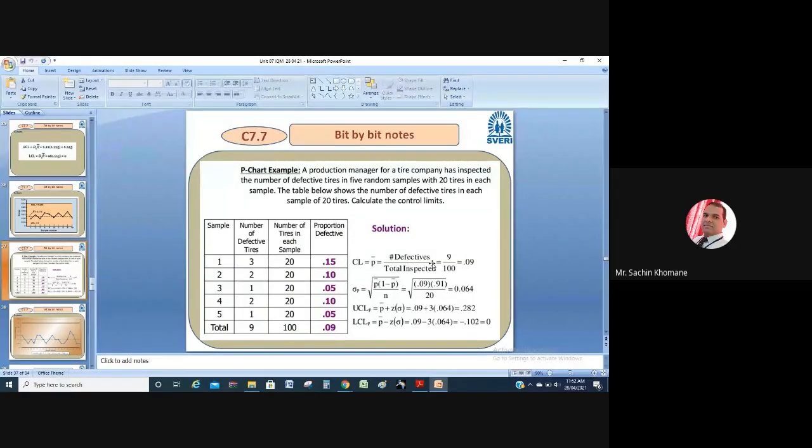P and C. So what is expected in the P chart, or when should the P chart be used? When you want to find out the number of defective products from a given sample. That time P charts are important. Okay, so this example you are seeing on screen. I think it will take 20 minutes to explain and draw. So we'll see, sorry, in the next lecture.